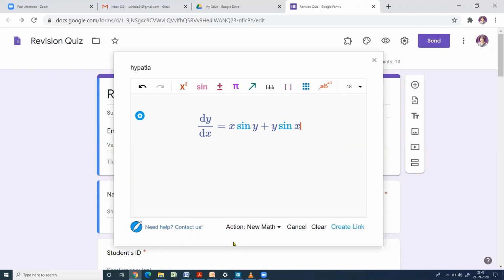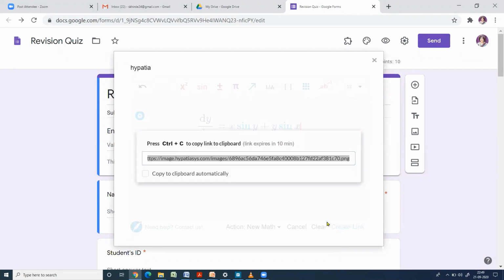Now let us see how we can take this equation into our Google quiz. So to insert this equation in Google quiz, you have to click on this create link button. Just click on it. You will get one link here.